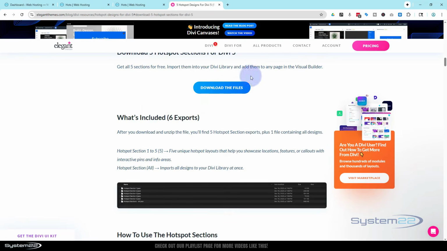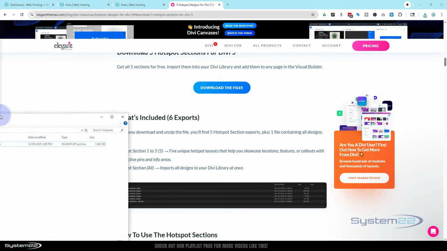You may be prompted to put an email in there. I'm already signed into my account, so it's got the download button. Once you put your email in, you can download the files. Just left click on it. It'll download them to your default location there. Once downloaded,